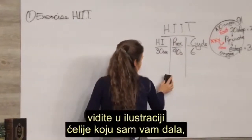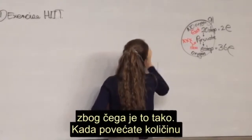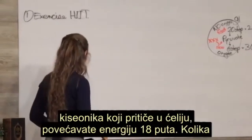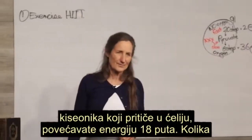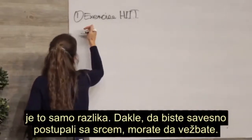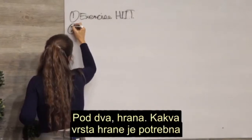And you can see by the illustration that I've given you in the cell why this is so. When you increase the oxygen going into your cell, you're increasing the energy 18 times. What a difference. So to keep the heart with all diligence, it must be exercised. Number 2,